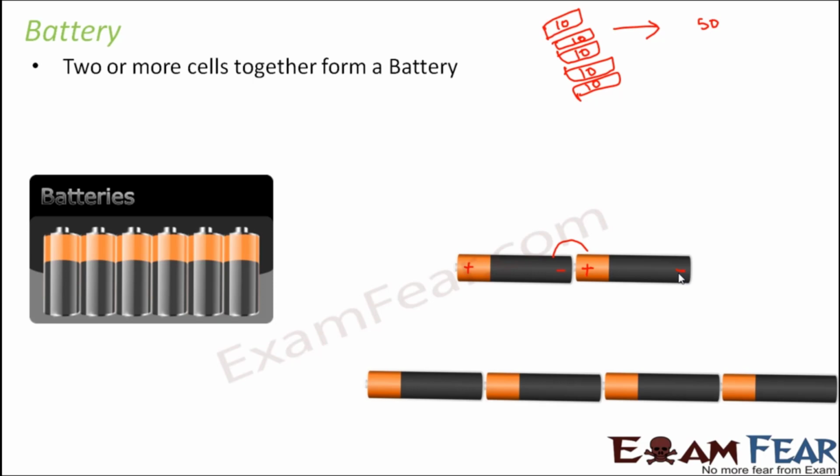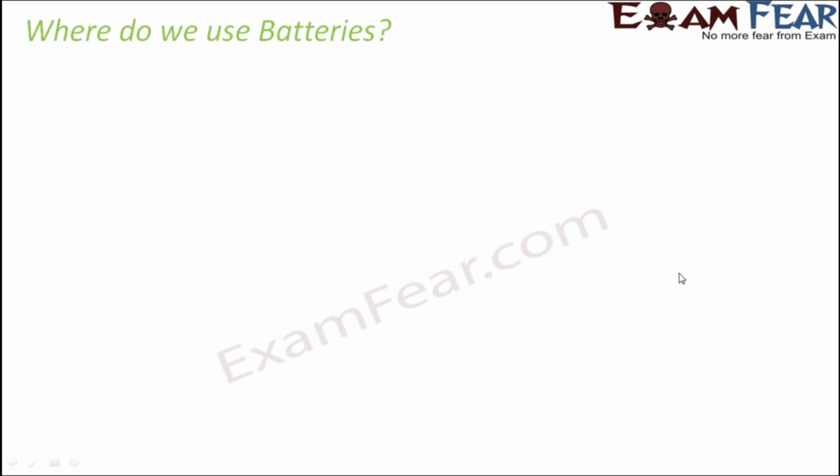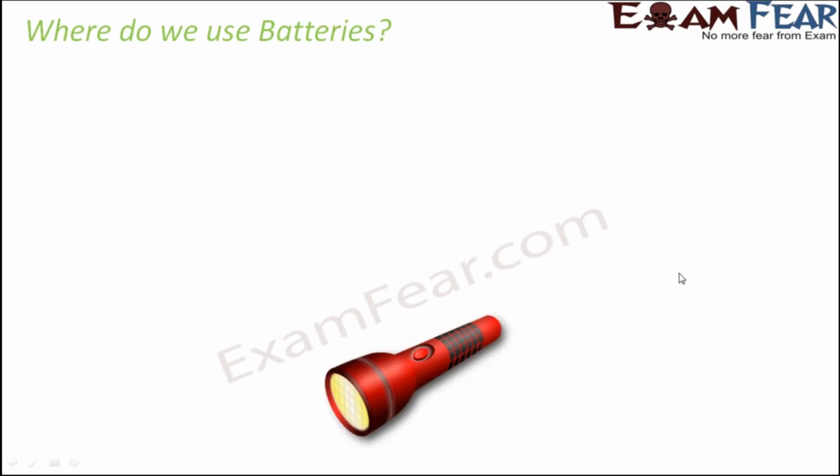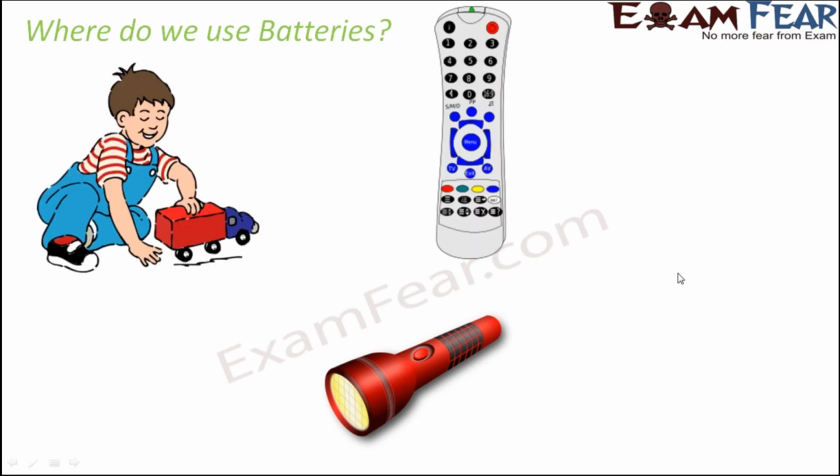to form a battery. So where do we use batteries? There are a lot of things around us where batteries are used. Some of the best examples are the torch. You switch it on and off and it just gives you light whenever you want. So there are batteries inside it. The remote, a lot of toys operate on batteries. Most of the toys which make some sound, which make some movements, they all operate on batteries. The dolls which dance and sing, they operate on batteries.